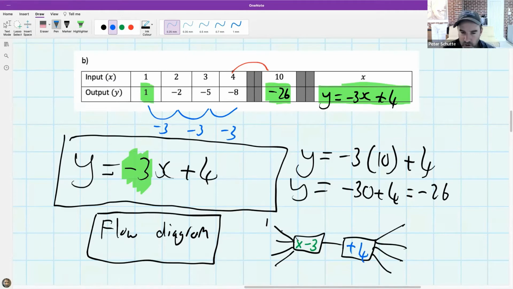So for example, if 1 goes into this, I multiply it by -3, and then I add 4, and what do I get out the other side? 1. Perfect. And if I put 2 in, what do I get out the other side? -2. -2. And if I put